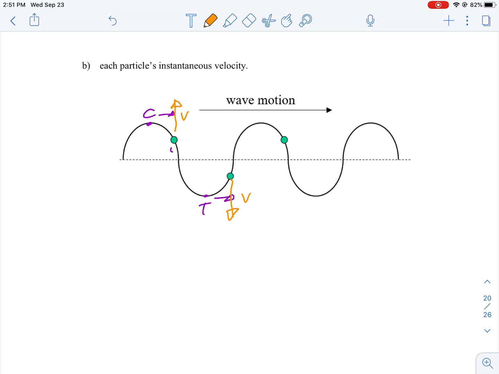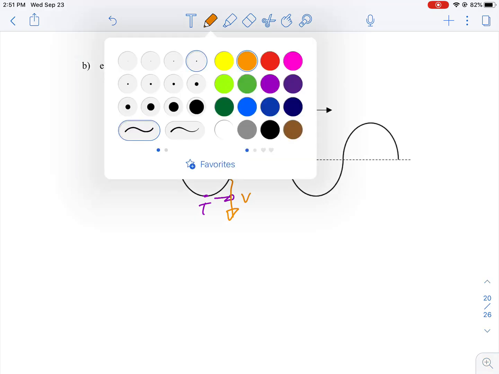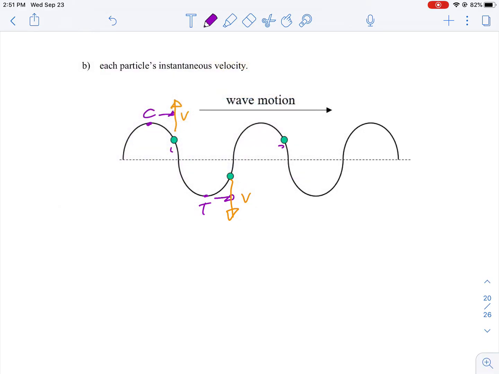And the next particle is actually one wavelength away. Let's label this as 3. 1 and 3 are both one wavelength apart. They are in phase with each other. They will move identically. So this one will also go upward, identically to 1. So this is called what's coming towards it. It's a nice quick way of doing it. Now if that does not make sense to you, then here's another way of doing it.